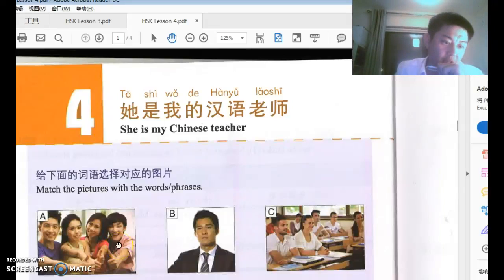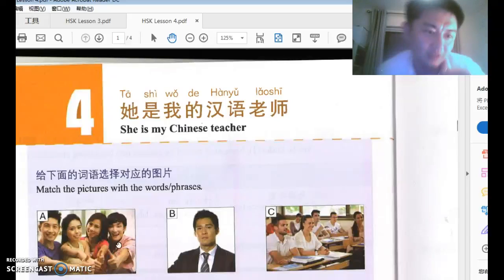Right, now let's take a look at lesson 4. 第四课, right? 第 is an ordinal number, so 第四 means the fourth. 课 means lesson. 第四课. The title is 他是我的汉语老师. 老师, we learn